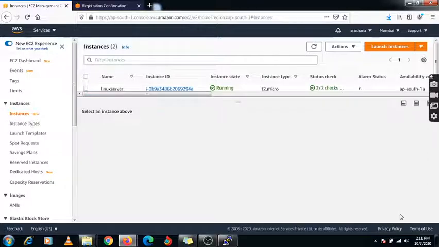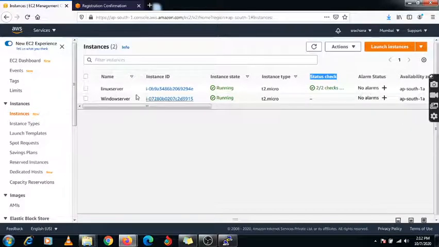Now here you need to check the status check. Okay, here is the option, 2/2. When I click on my Windows machine, there is a minus option you need to select, and just check on the Windows machine.